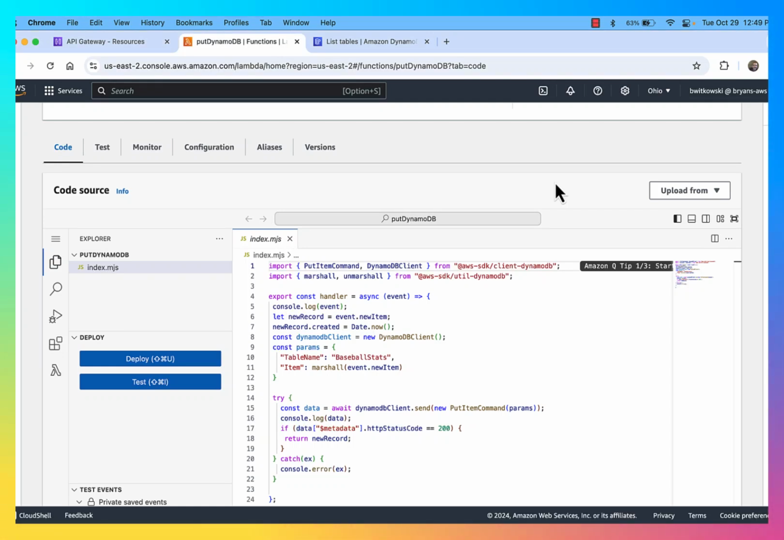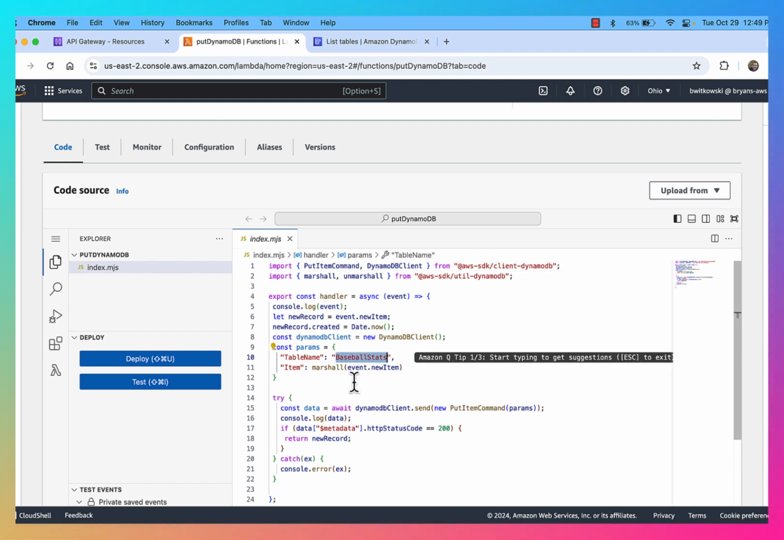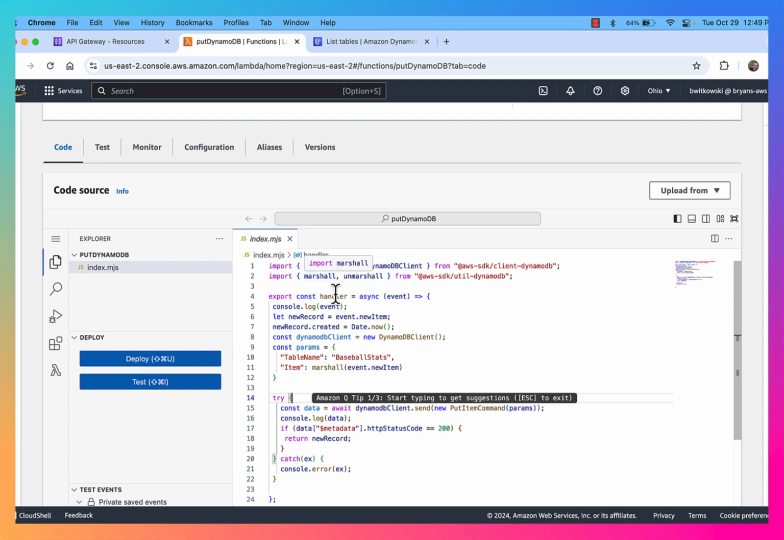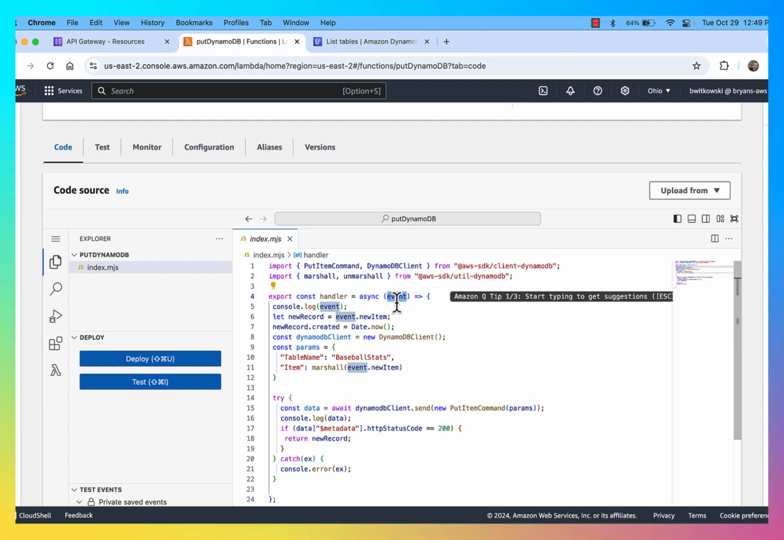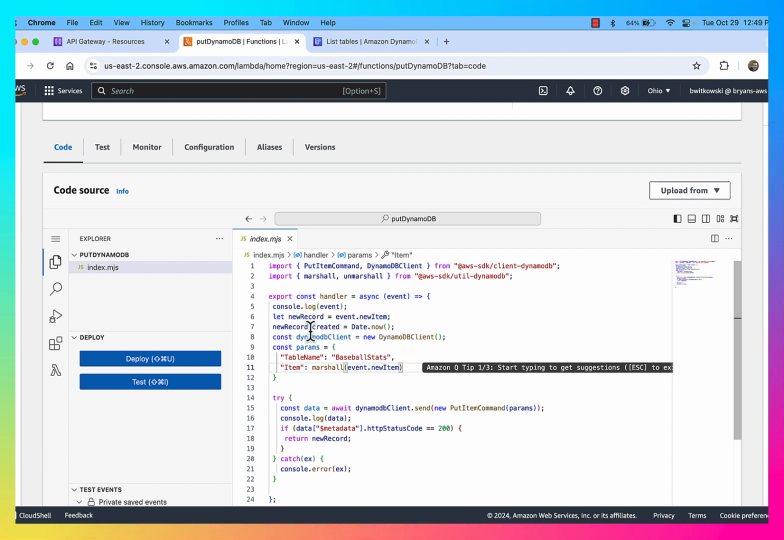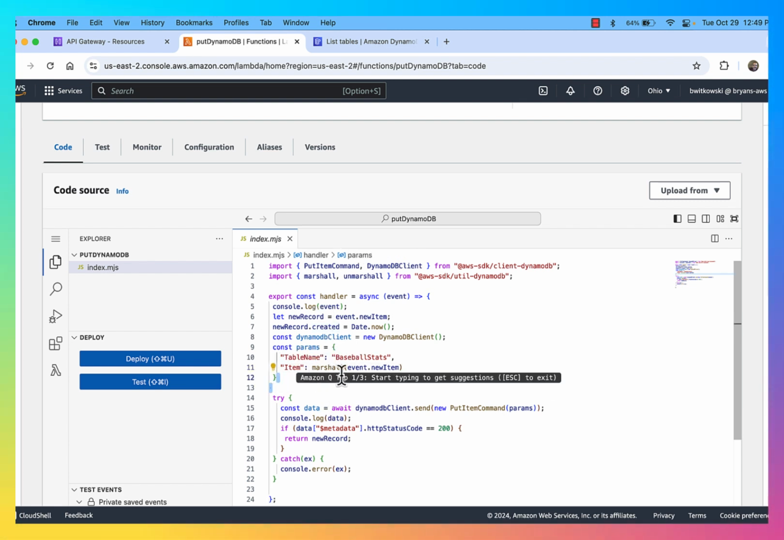In this example, we have code that will insert a new element into our baseball stats table, and we have a Lambda function that does that. So you'll see that we import the put item command. We're looking at the incoming event object, and that incoming event object has the new record. So there's a variable called new record, and that's grabbed from the event object. So it's looking for a new object called new item. It adds on the timestamp of when the record was created, and then it's using that as part of the parameters. So we have the new record here,